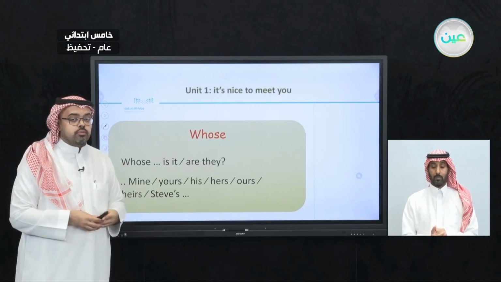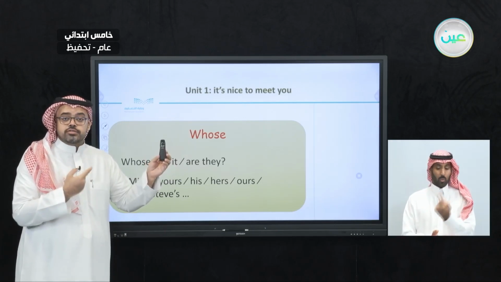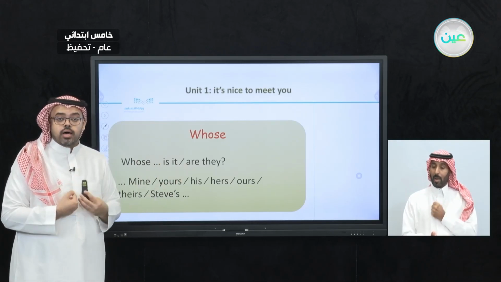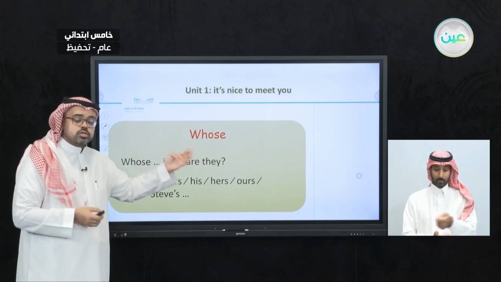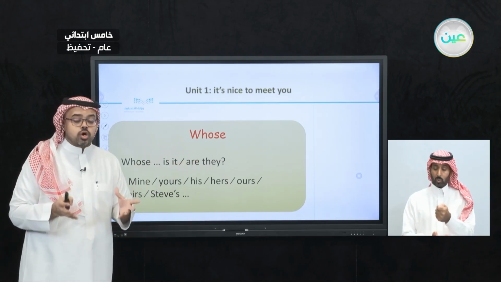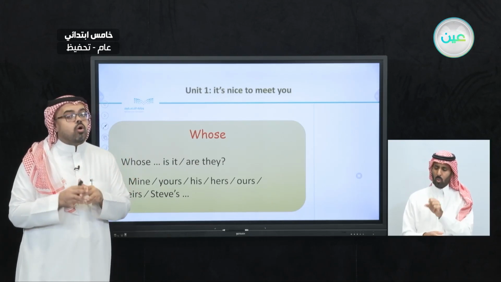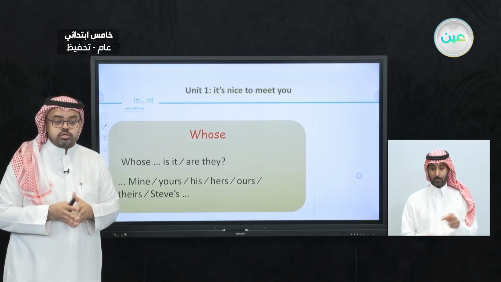For example, whose pointer is this? It's mine. So when we use whose, we use it just to know the objects and the people who own them, who are responsible for these different objects.